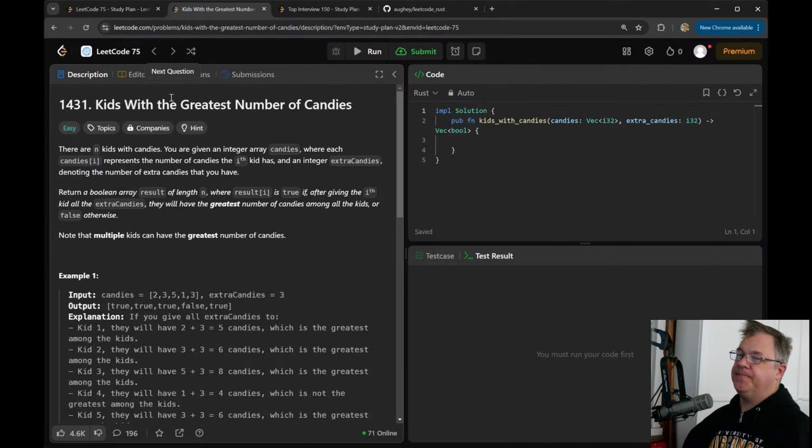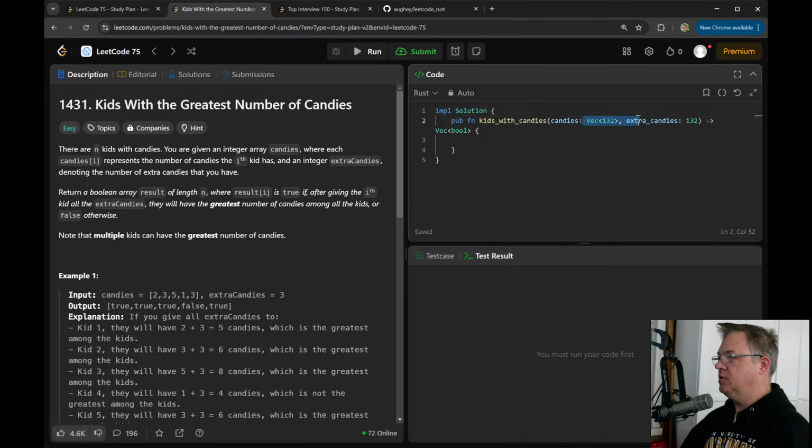Okay. 1431, kids candies. 1431. Keep bang. So this is a vec of bools. This should be a slice of i32s, but I really want to fix that.